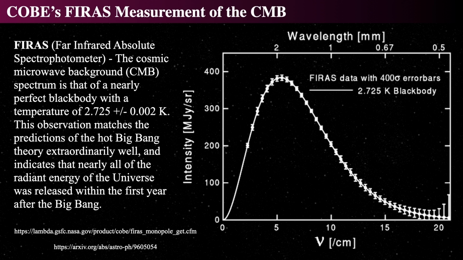And normally when you report data, you always say what you expect your error bars are and how well you know it. This data is so incredibly good that they had to use 400 sigma error bars. The standard 3 sigma error bars would be too tiny to actually see. And so when this was published and presented at the American Astronomical Society, there was a long-standing ovation for it,